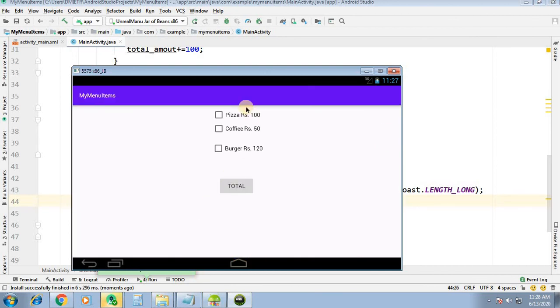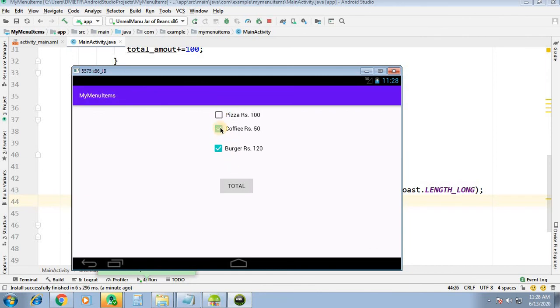If I select pizza only, then selected items pizza rupees 100, and final amount is 100. If I select pizza and coffee, then there will be pizza of 100, coffee 50, and total amount will be 150. You can see final total. Selected items pizza, coffee, final is 150. If I select all, then pizza 100, coffee, burger, total 270.